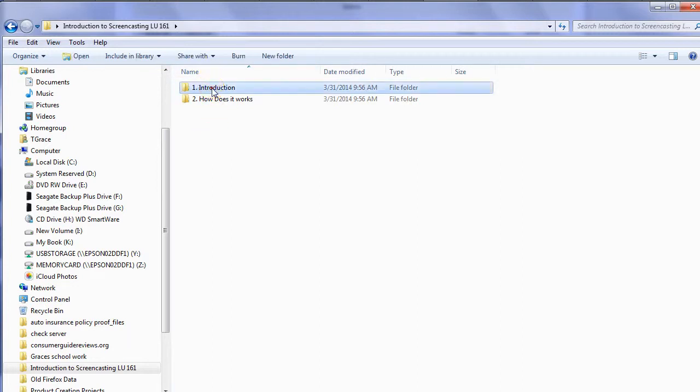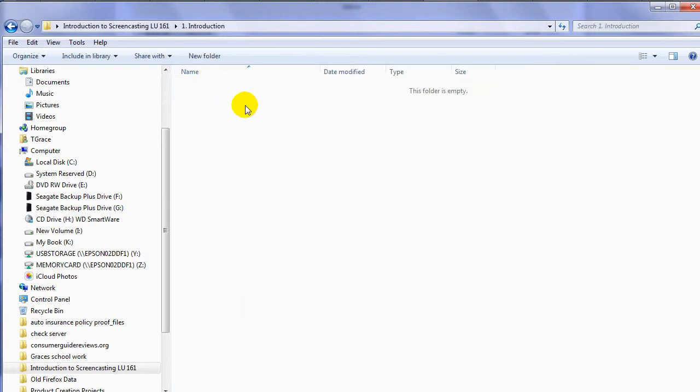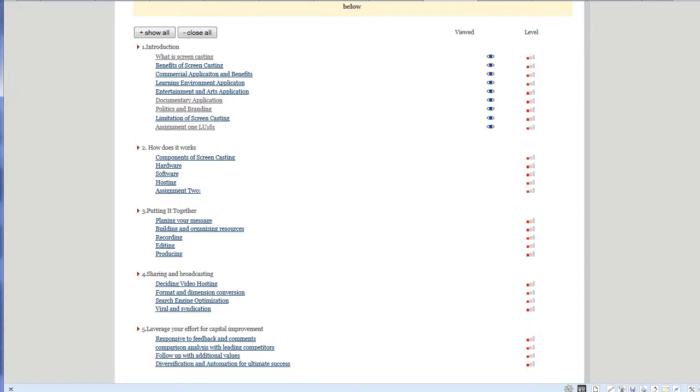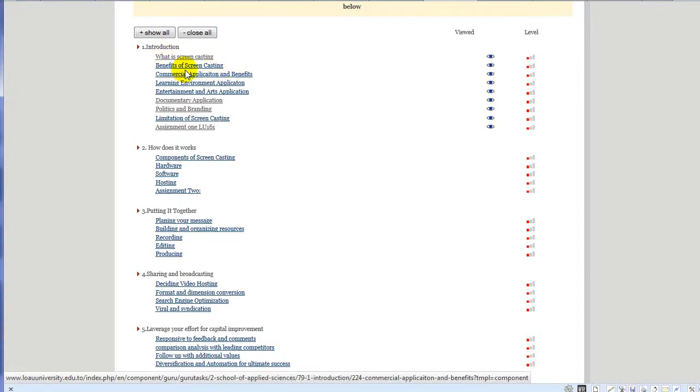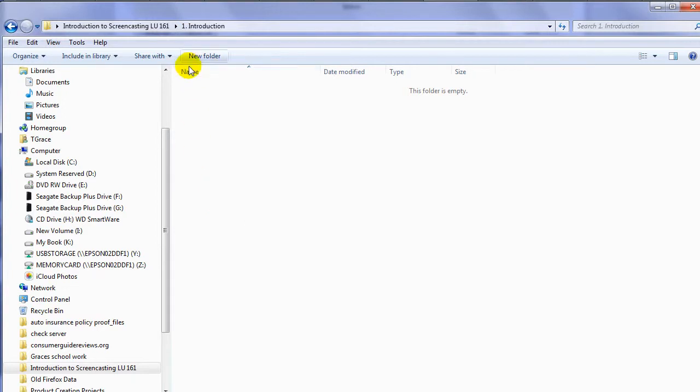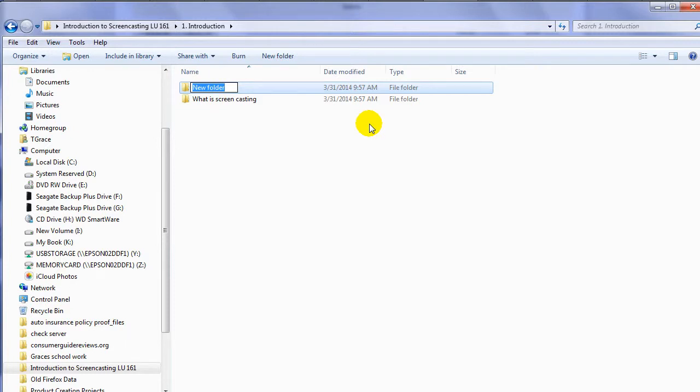Now let's go back to the introduction models to keep this very demonstration simple. Under that introduction model, there are lessons, and you can create a folder per lesson, as I mentioned earlier on. So what is screencasting? I will create another folder, casting, and of course you can carry on with the second one,